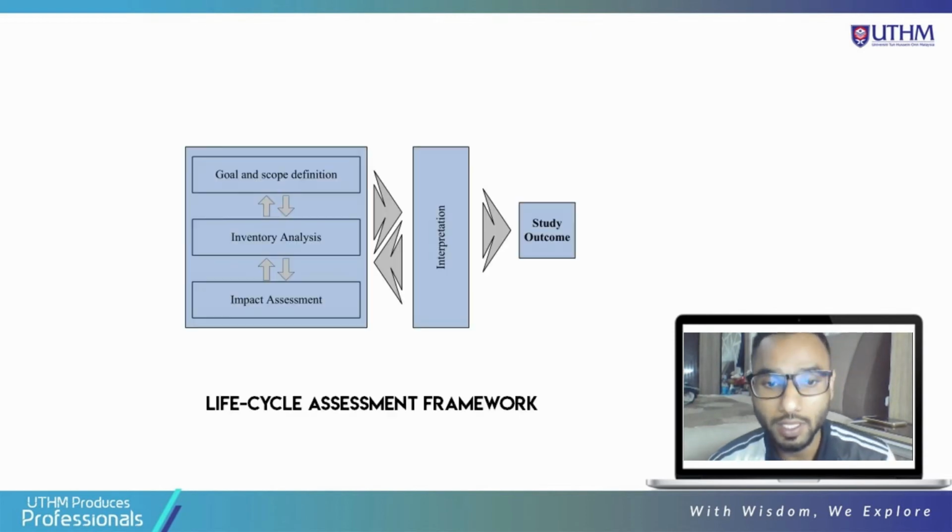On the life cycle assessment, there are 4 main stages. The first one is the goal and scope definition of the project. In this stage, we determine the objective, the functional units, and the limitation of the boundary of the product. On the second stage, the inventory analysis, we perform data collection that gives information regarding the materials and energy flow within the system